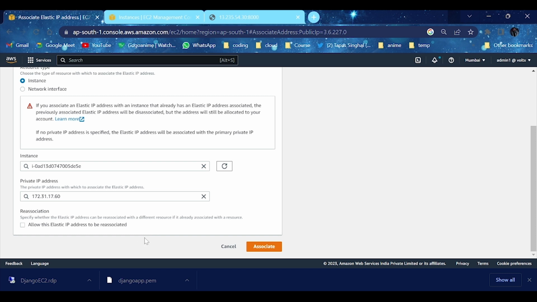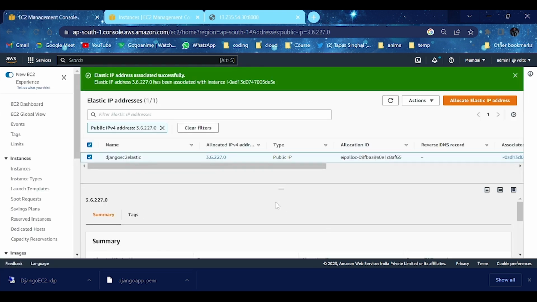Now what you have to do is click on Associate. Don't check that one. Okay. Now the elastic IP address has been associated successfully. Now what we have to do is edit our allowed host with this elastic IP address,